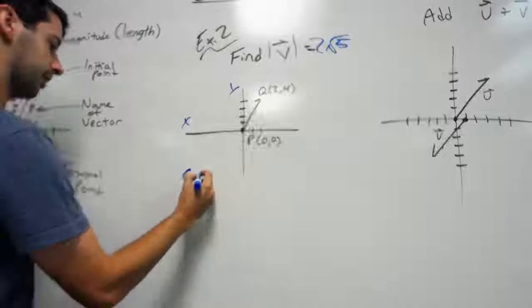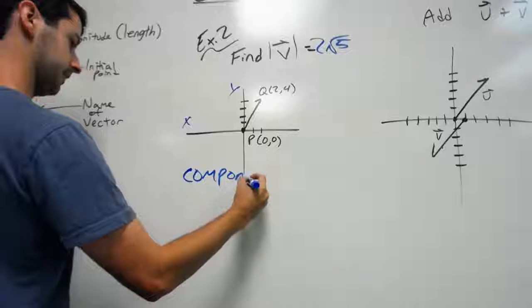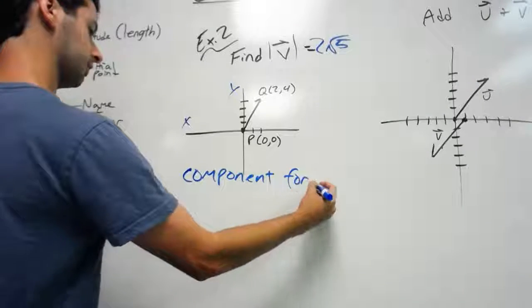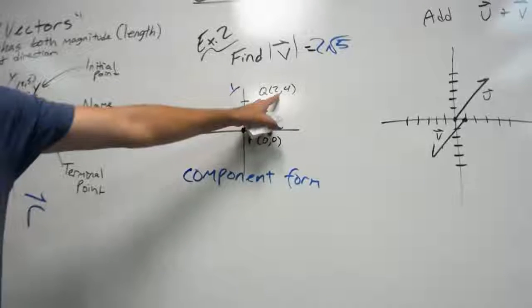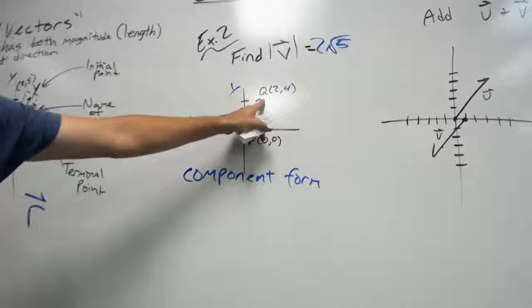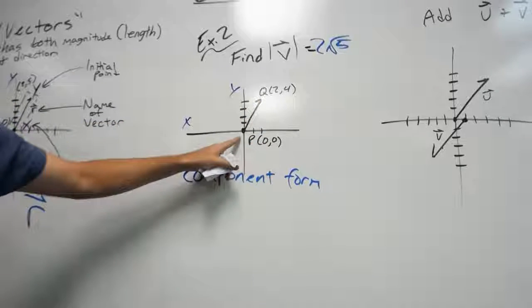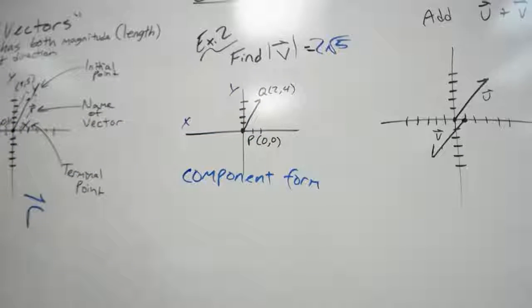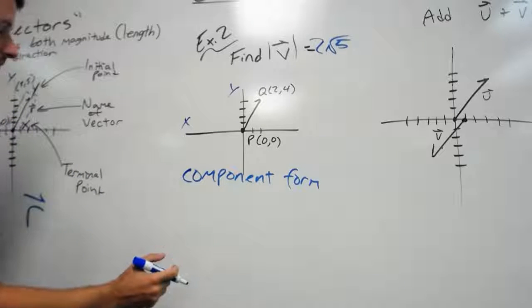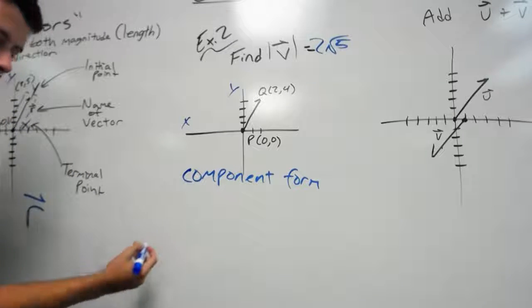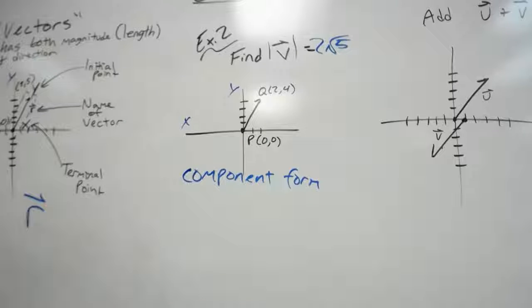I do want to talk about component form. What is component form? Previously we've had ordered pairs. 2, 4 is an ordered pair. That is a point on the coordinate grid. 0, 0 is an ordered pair. That is a point on the coordinate grid. Component form lists the horizontal and vertical change from the initial point to the terminal point. So what our component form here could be,